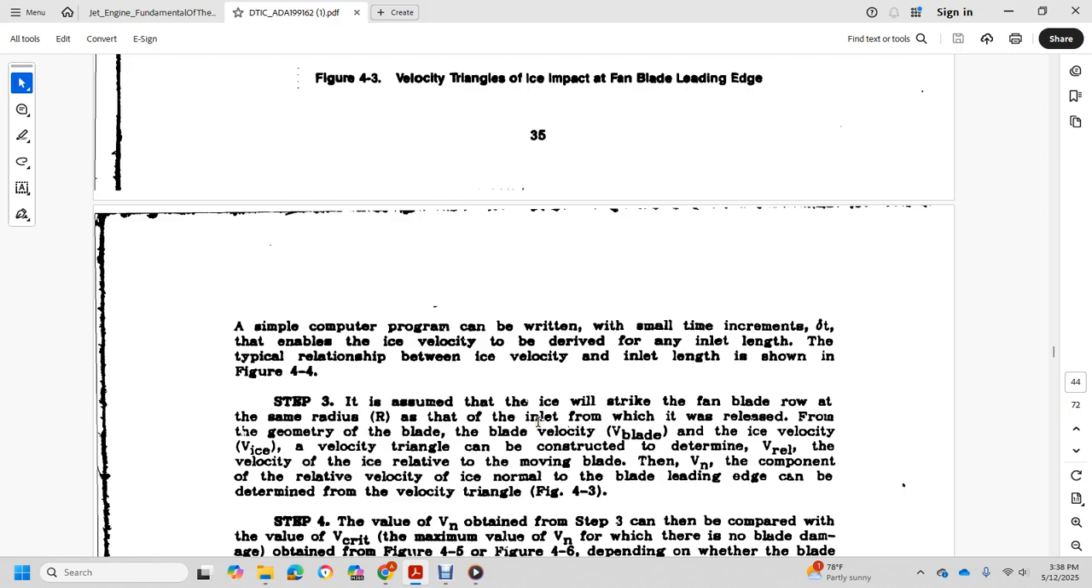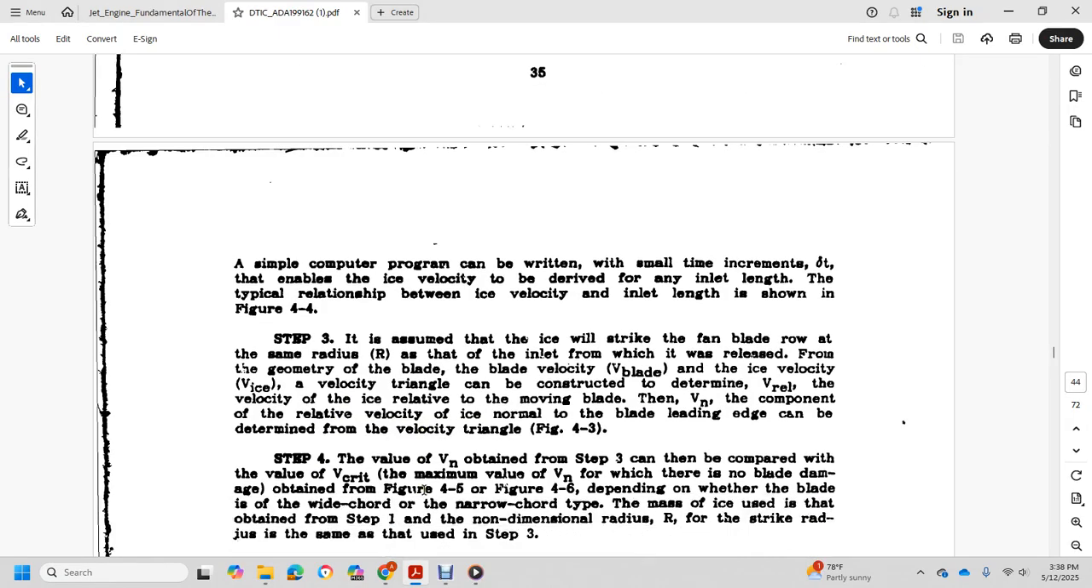Step 3, assuming the ice will strike the fan blade row at the same velocity it had at the inlet where it was released, from the geometry of the fan and the blade velocity, the ice velocity relative to the movement of the blade is determined from the velocity triangle. The component of the relative velocity of the ice normal to the blade leading edge can be determined from the velocity triangle. Step 4, the value of the velocity obtained in step 3 can be compared with the maximum velocity for no blade damage obtained from figure 4.5 and figure 4.6,